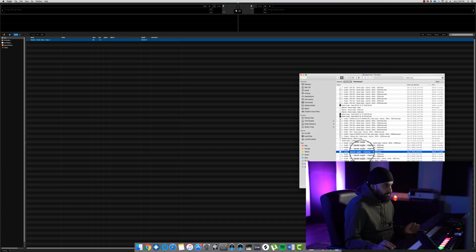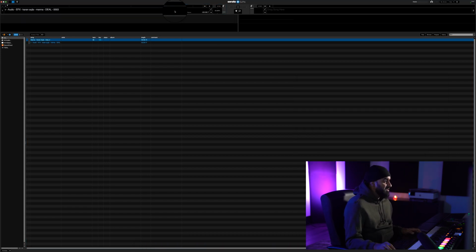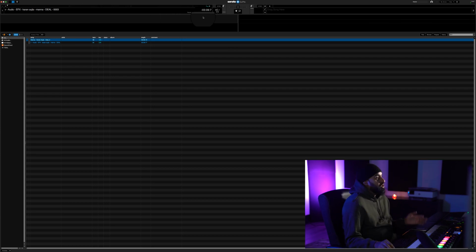So I already have a file for a vocal. Usually it ends up being a vocal that people want to find the key of. So we'll drag it and literally drop it into Serato DJ Pro. Once you drop the file into Serato DJ Pro, you'll see that it shows up. It loads for a second, then it shows you a key that says 12A. 12A might not mean anything to you, and honestly it doesn't mean anything to me either